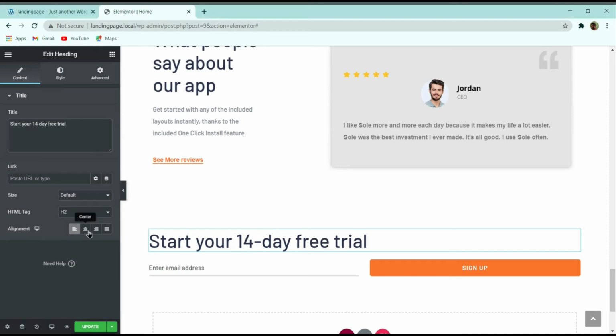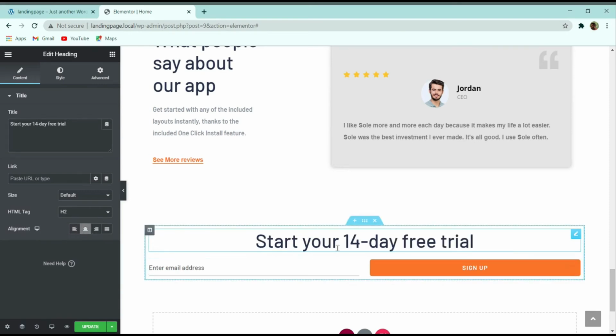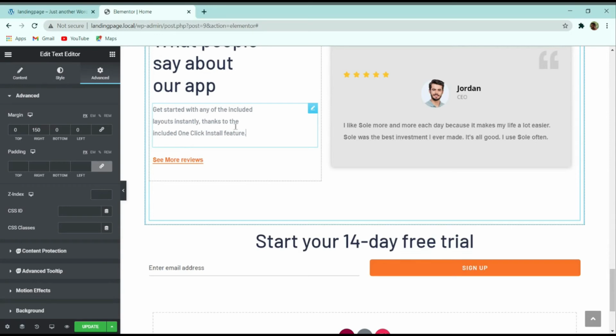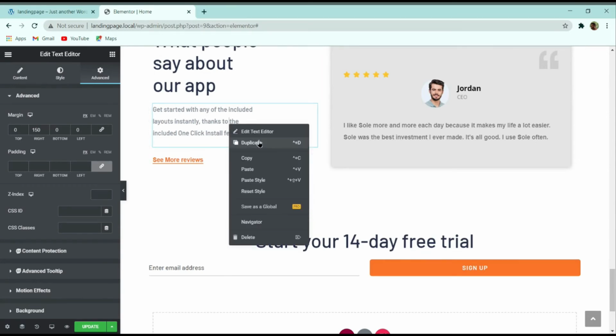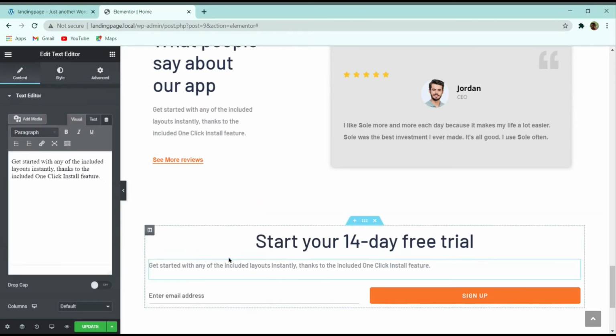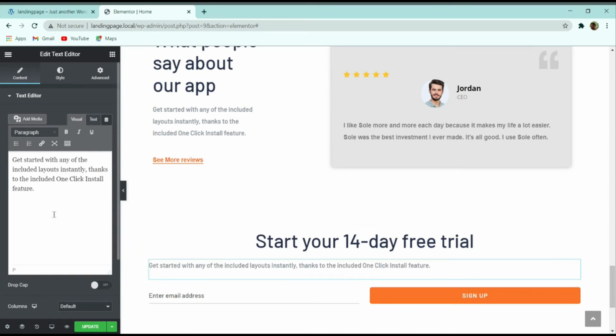And here I will make the alignment center align. And then at the bottom we have a small text over here. This small text is similar to this paragraph text over here. So I can copy this paragraph text, and then paste it in our section. And then let me paste that text here.